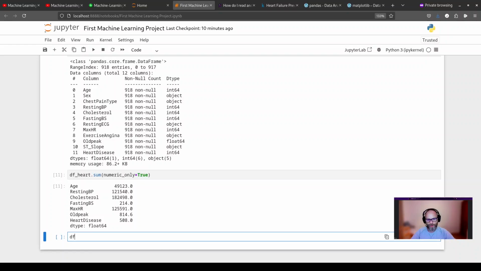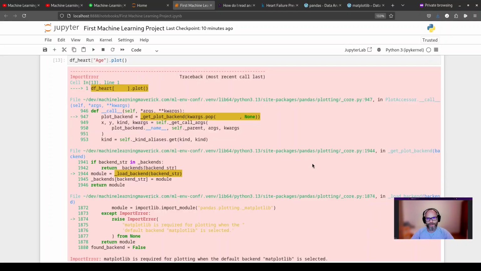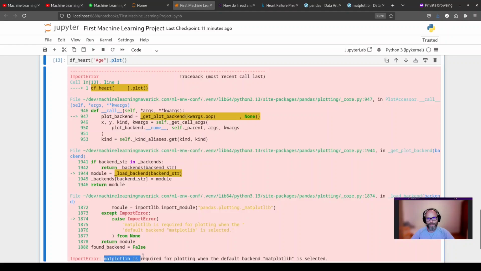So now I will show that we can use df and pick any of the values that is numeric. So column, and I will use age. And for that column, I can just type plot, shift enter, and we have a stack trace because, like it says at the bottom, matplotlib is required for plotting. So we need to add this matplotlib